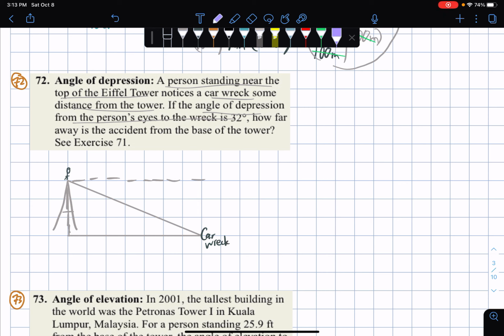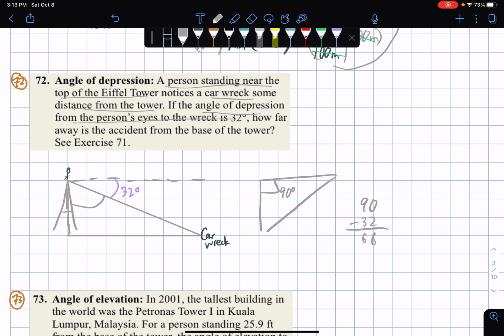And the angle of depression is 32 degrees. What you want to know is that in a triangle, usually, most of the time, all of the time, this part is 90 degrees. So in this situation, if you want to look for the value of this one, which would be extremely essential in finding the answer to this question, you have to look for the value of this angle. It's simple, actually. You just subtract 90 and 32 together, you get